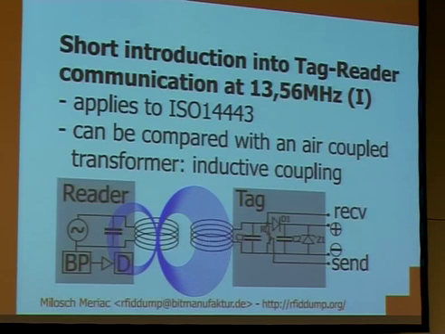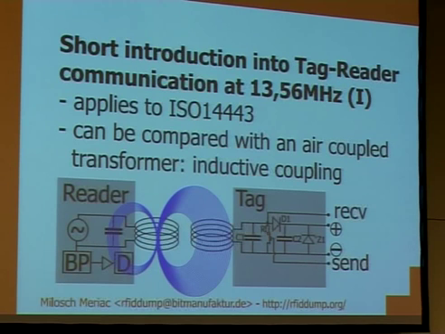In this schematic, the sending part of the reader is simply amplitude modulation of the carrier frequency. It's well known. You just decrease the amplitude of the sender signal, either by a given percentage, which is specified by different standards, or you completely pull it to 0. This is the receiving part. You can also see that after D1, you always get the power supply, but the data can still be seen independent